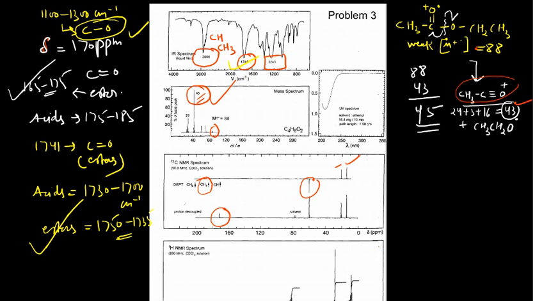Then if you want to get the peak at 29, again you can go for another cleavage. You can cleave this bond from here, so this will move here, this will come here, and then you have the peak CH2CH3 with a positive, and this will have an M by Z value of 29. So the mass spectrum is also confirming. This is how, by using your IR, mass, NMR, you can conclude the structure. So this was the structure.